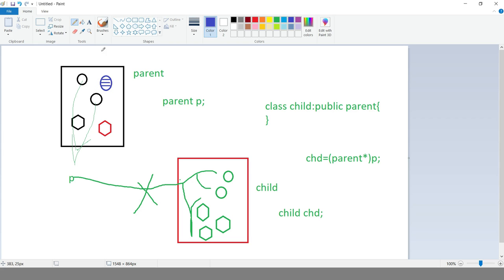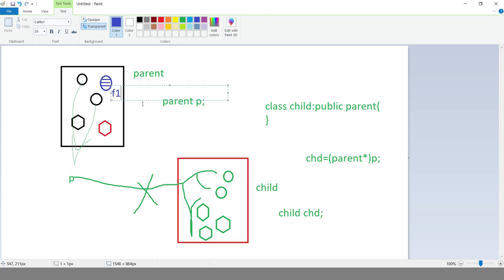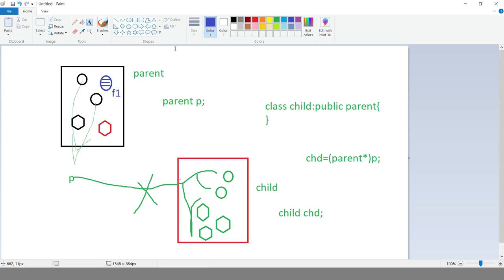Okay. And this function has a name. For example, its name is f1. If you want to redefine it, you can redefine it in the derived class, by again using the same name but with a different implementation. For example, I have the same name f1, the same number of arguments and the same return type